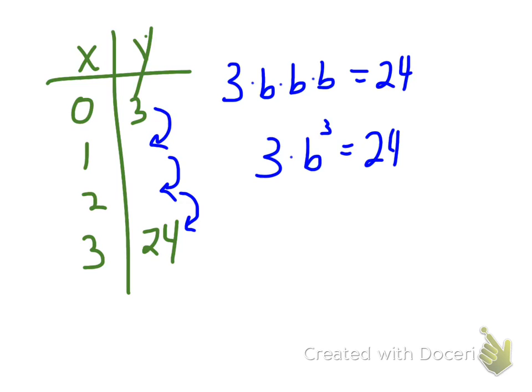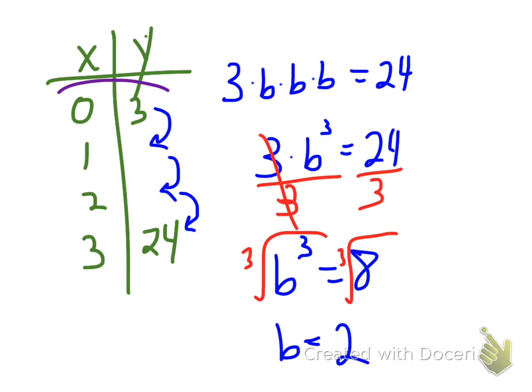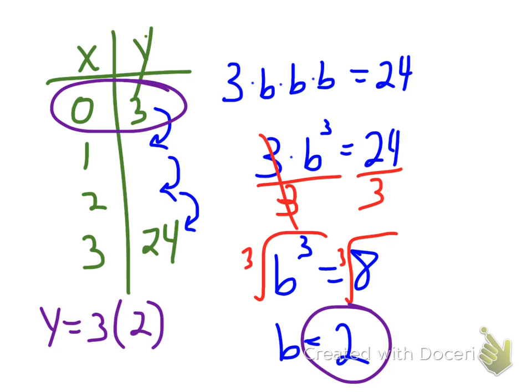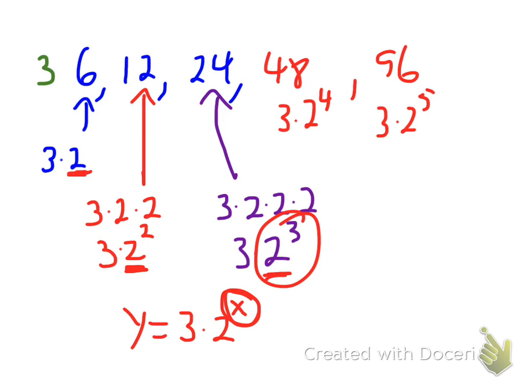And now I solve. I divide by 3. Those cancel out. I have b to the third equals 8. And now when I take the third root, I get my b value to equal 2. So now I have my 0 term. I have my multiplier to the x. So these are all tied together, whether it's written as a table, or if it's written in a sequence, or